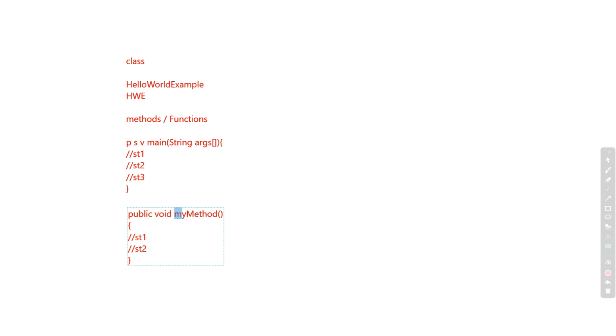So here "my" is one word and "method" is another word. Whenever the method name starts with "is", it is always small, and the next word will start with a capital letter. If you have another method, you can write it with a capital letter followed by the particular word. Here also it will be the same. Whatever name you use should be short and also more meaningful. That is also one thing to keep in mind. So this is for method related.